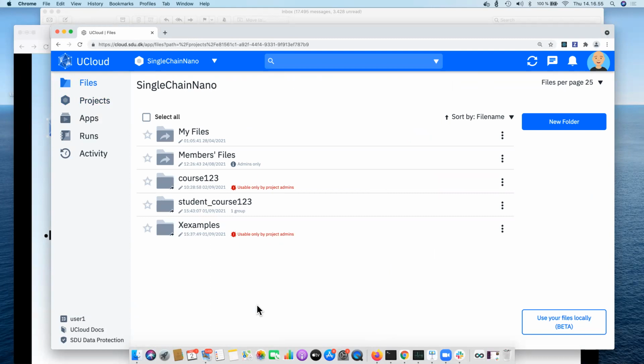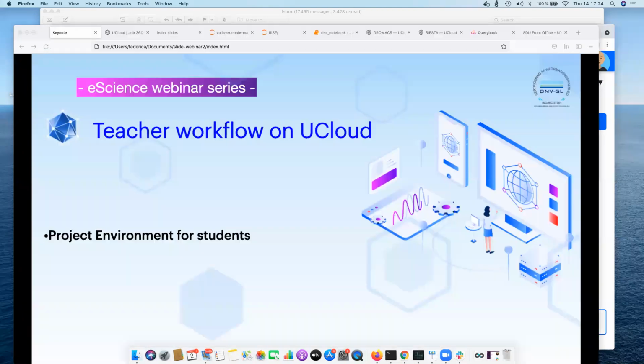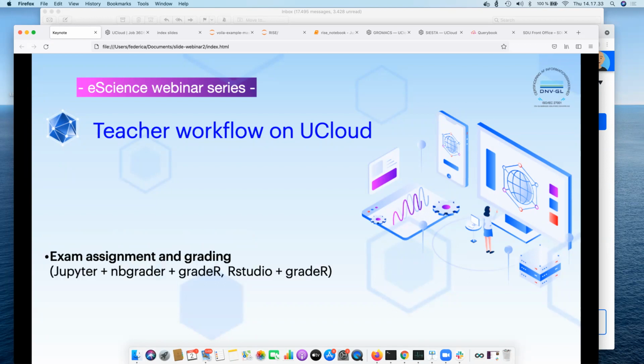This is particularly useful if you want to share, for example, with classes of students, slides or other kinds of materials, or with PhD students, if, for example, you want to share also code and allow them to use the code and to use the resources you have available in the project. But as another example of when project workspaces can come in handy for students, I will discuss